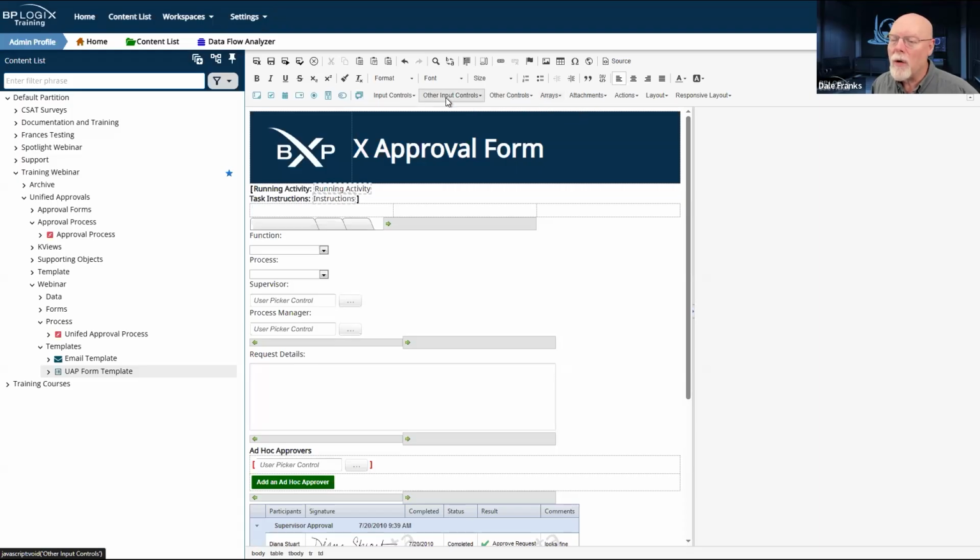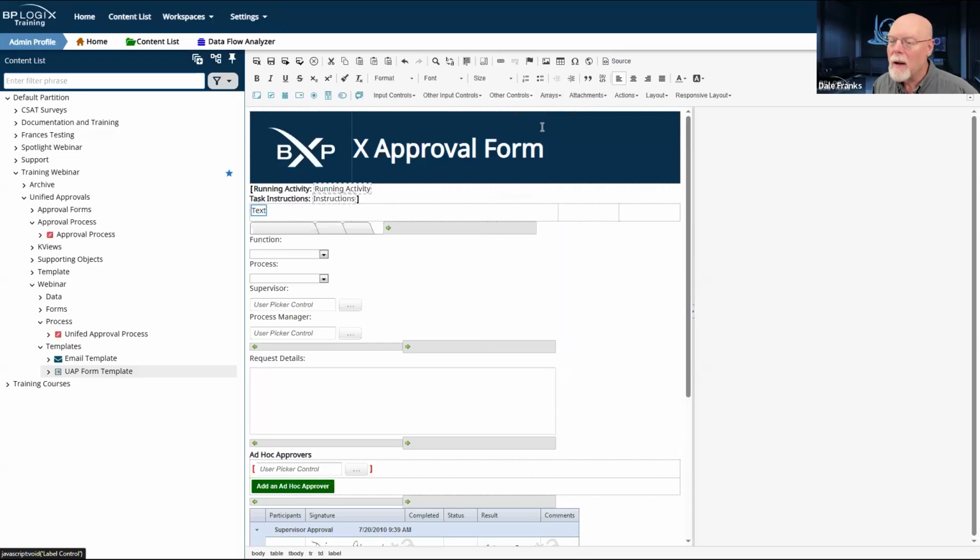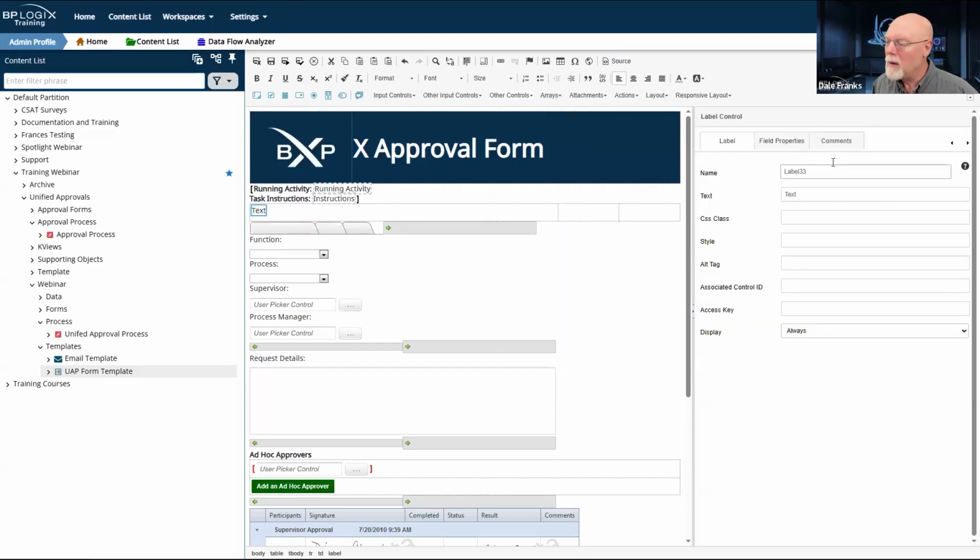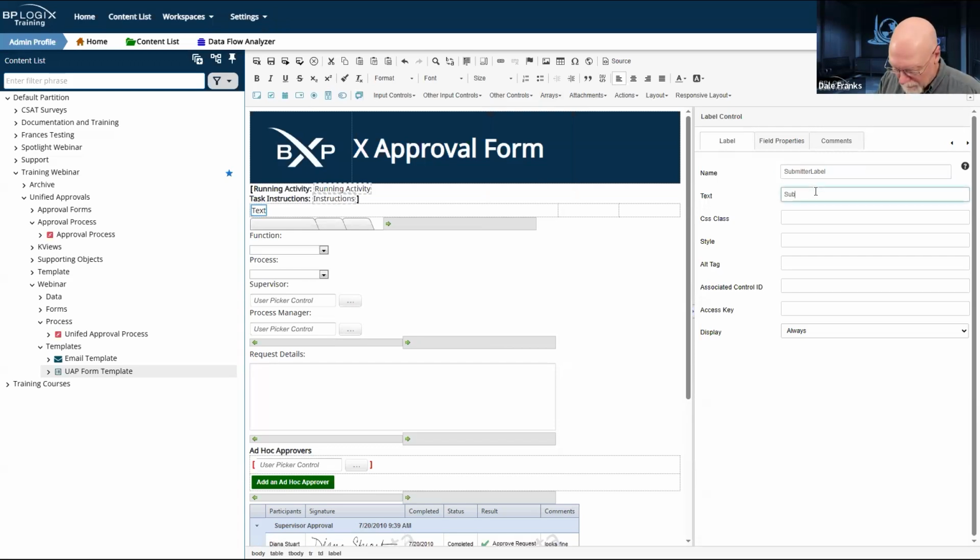So we will grab a label control and we'll call this, let's not call it requester. Let's call it submitter label, and we'll label it submitter.